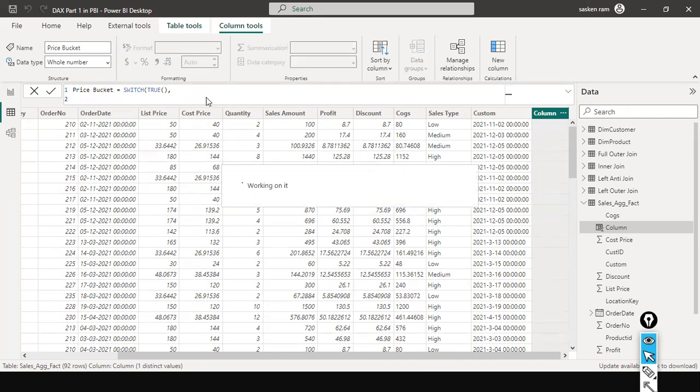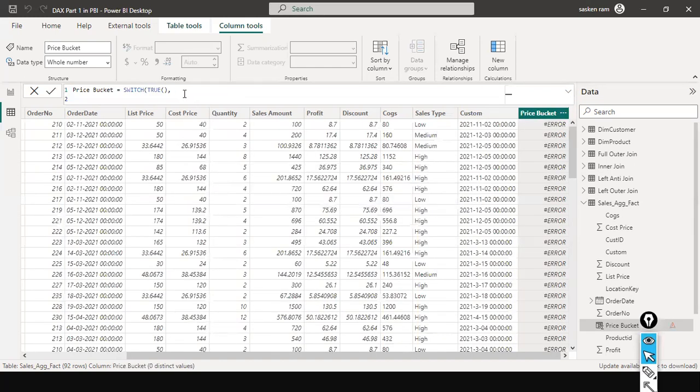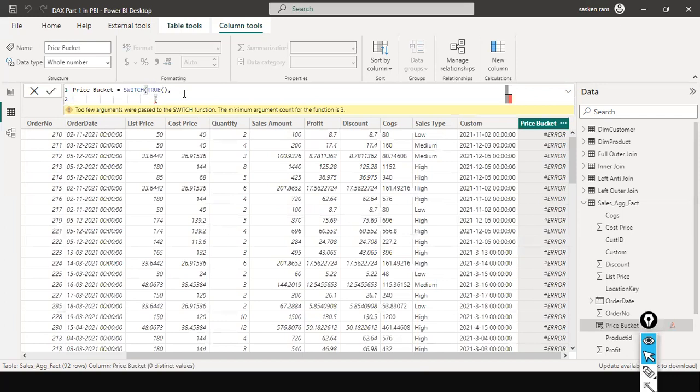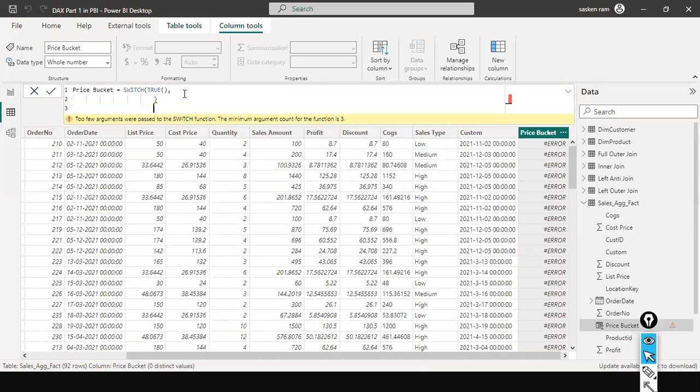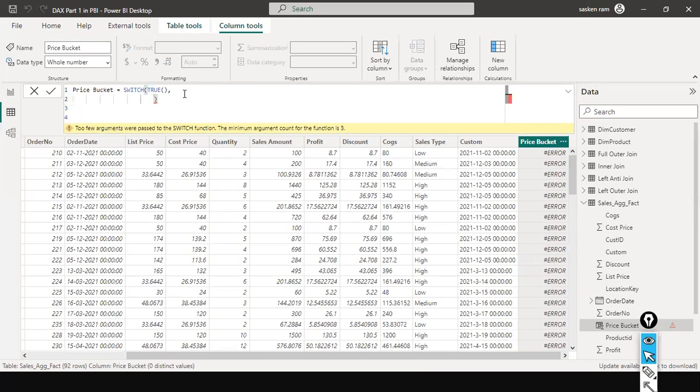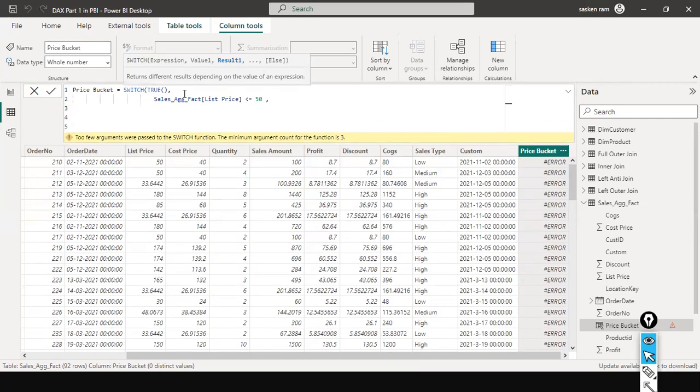Sorry, I mistakenly pressed enter. Let's wait for some time. And here I'm going to say, yeah, here, list price. List price is less than or equal to, if the list price is less than or equal to 50, I just say the price is low. Okay. And the next one is,